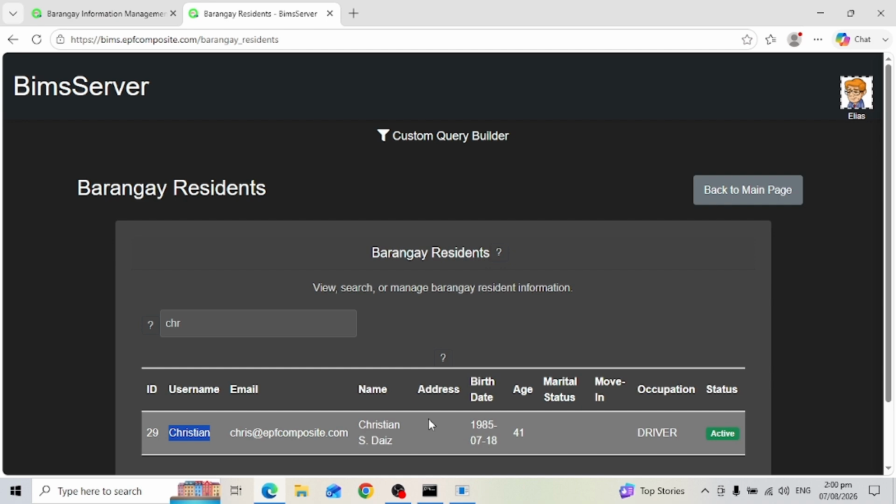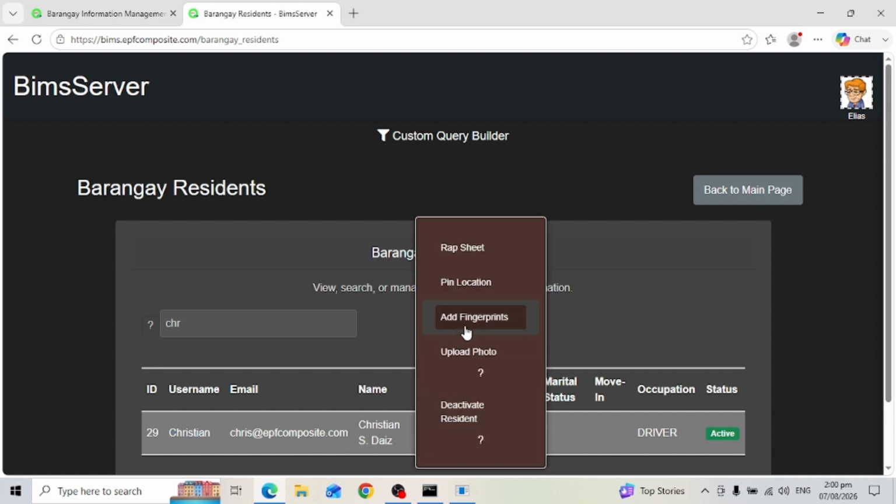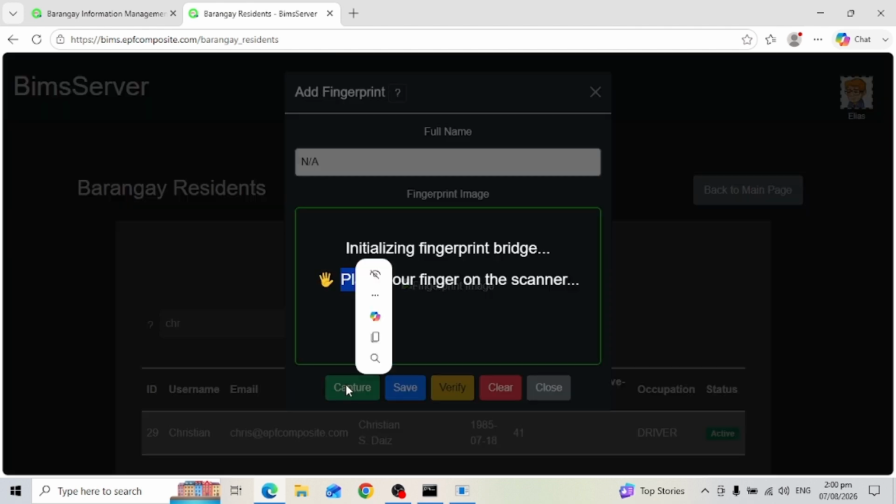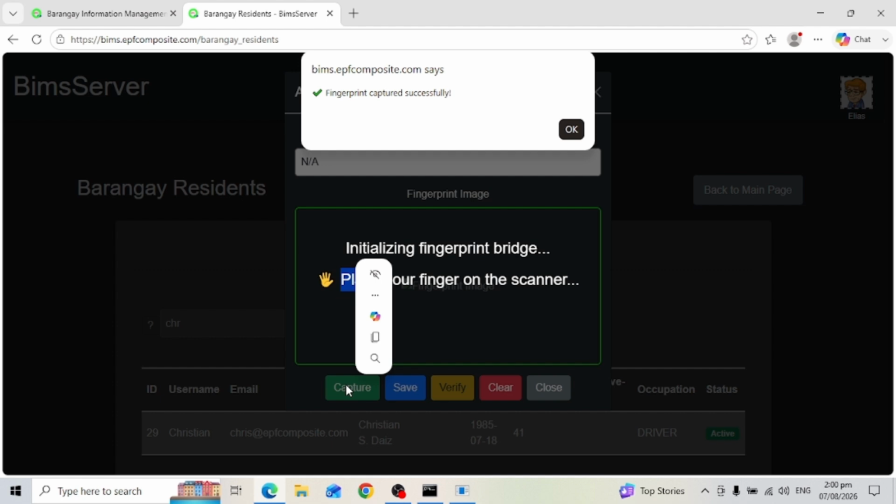This is very important because the fingerprint will be linked to the selected resident record. Pagkatapos, mag-right-click sa selected resident row, lalabas ang context menu. From the menu, piliin ang Add Fingerprints. Pag-click ng Add Fingerprints, magbubukas ang Add Fingerprint window. Dito, makikita ang Resident Name field, Fingerprint Image Preview Area, and action buttons such as Capture, Save, Verify, Clear, and